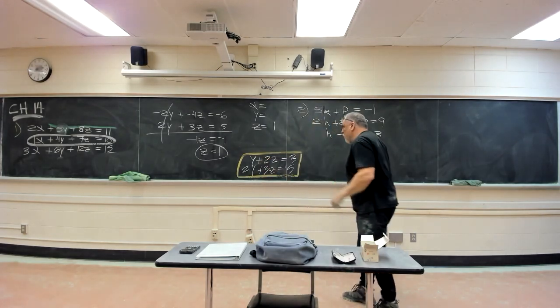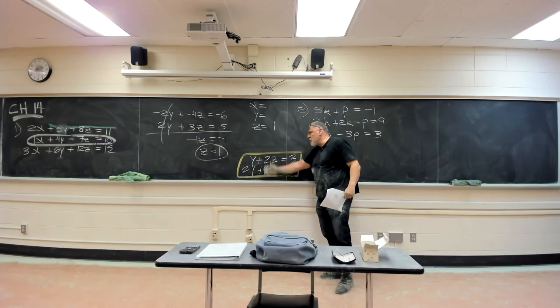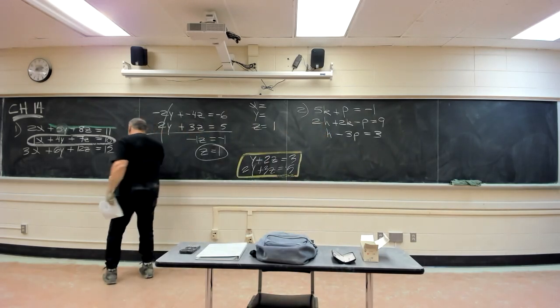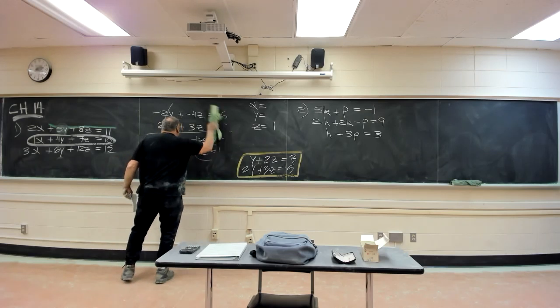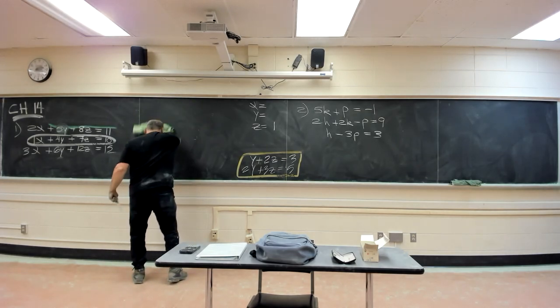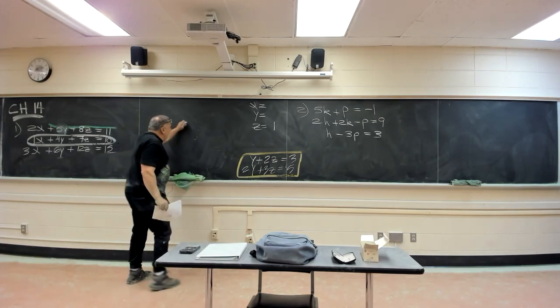If z equals 1, we can put z equals 1 into either one of these two equations to get y. And we just work our way backwards. Again, we could do this with determinants. We could do this a number of ways. Graphing calculator, depending on how dexterous we are with it, there's a lot of things that can be done. Let's